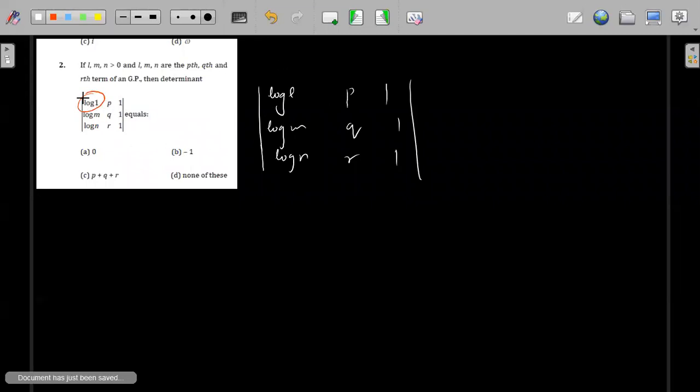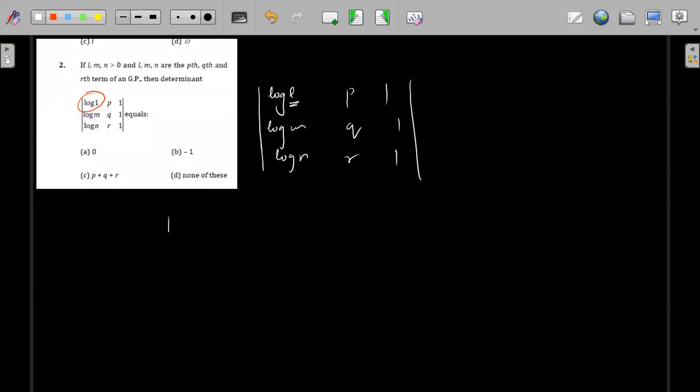Some of you were confused how this is possible, that for log 1 it is, right? So take this as log L and then try to solve. Take 1 minute and then try to solve. I think you will get the answer. The answer should be, yeah, the answer is 0. Yes, so I think this is correct. I think it should be log L, right? One of you has said yes.